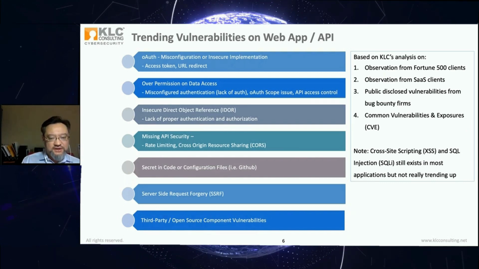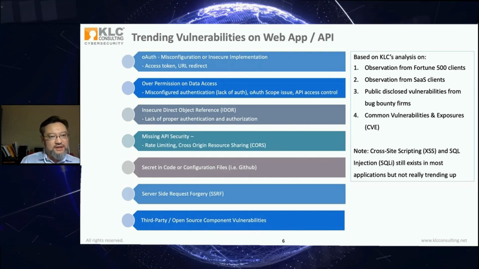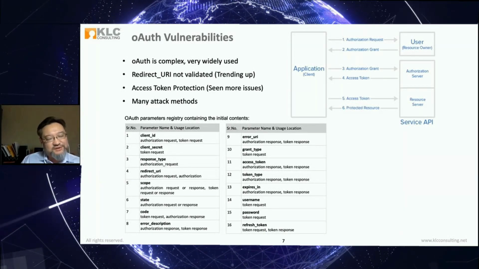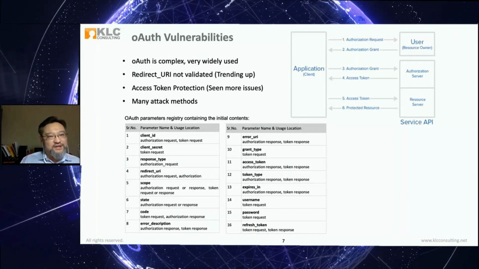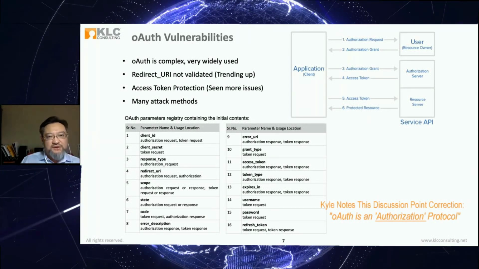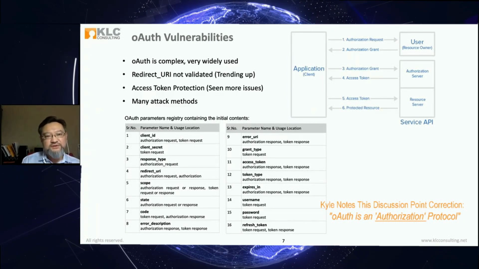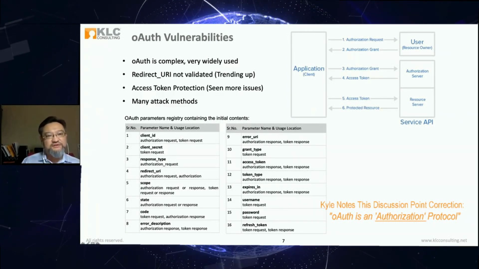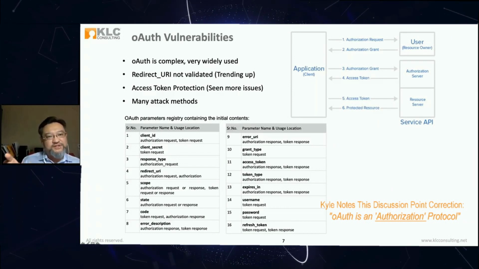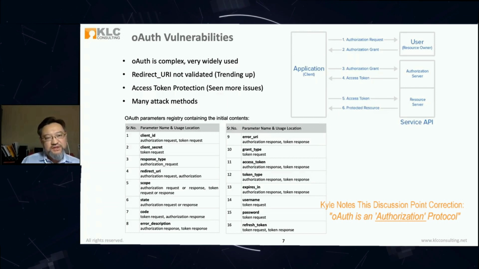Okay, so let's dig a little bit deeper on OAuth. OAuth is a complex protocol, right? An authentication protocol, but it's actually very widely used. As an example, on the top right you can see an authorization code flow. There are 6 steps here, from the authorization request all the way to getting the access token and using the resources. So it's quite a complex protocol for authentication.